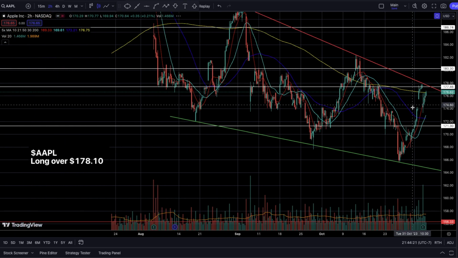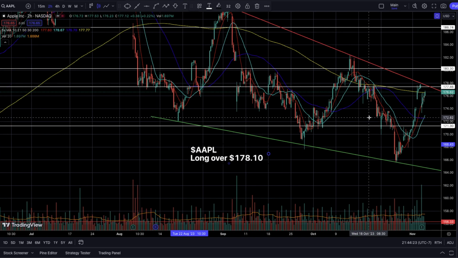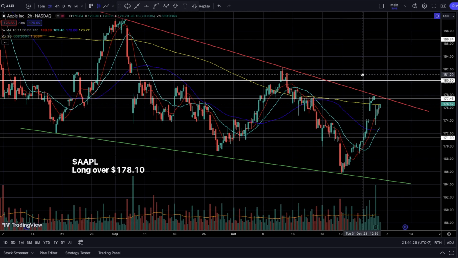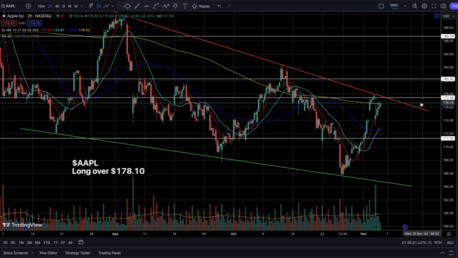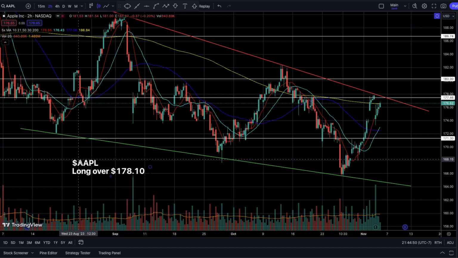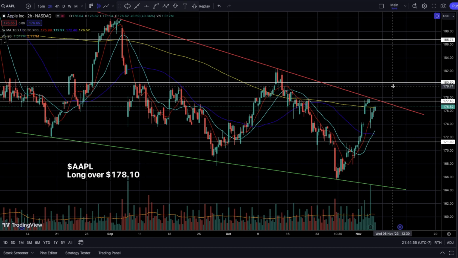So this is what I want to see on the 2-hour time frame. I'm going to be checking on this pretty closely on our current swing. Once we're able to hold over the 200 SMA on the 2-hour time frame, or at the very least retest 177.50, I want us to see Apple breaking over this descending resistance trend line that you guys just saw on the daily time frame, break over 178, which is the official long confirmation entry point, and then continue to move up to 180.